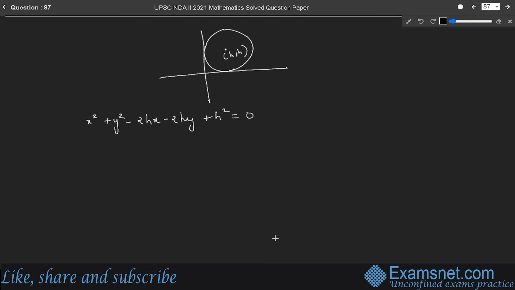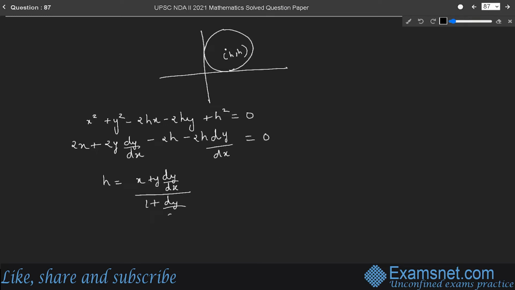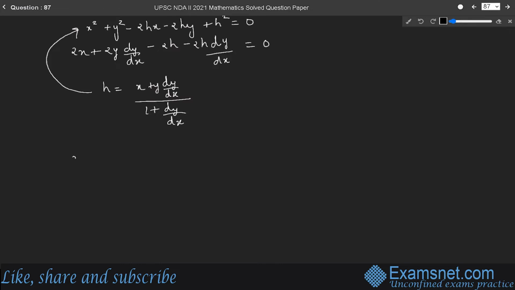Now on differentiating it, it will be 2x plus 2y dy by dx minus 2h minus 2h dy by dx is equal to 0. So the value of h will be equal to x plus y dy by dx upon 1 plus dy by dx. Now we have to put the value of h in this equation. So on putting the value of h here, we will get x square plus y square minus 2 into x plus y,